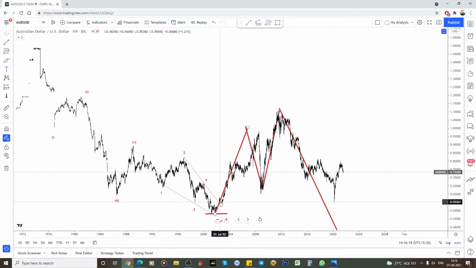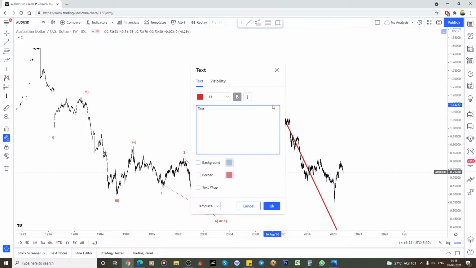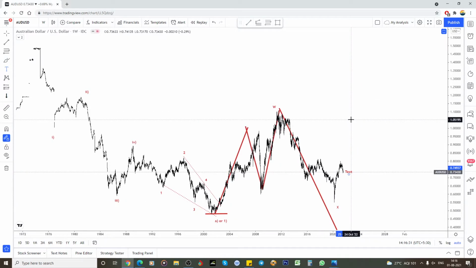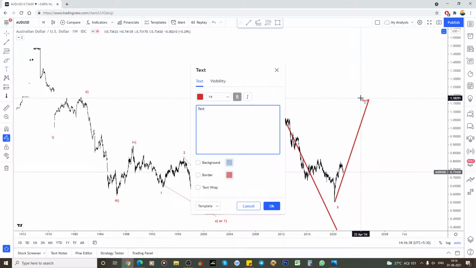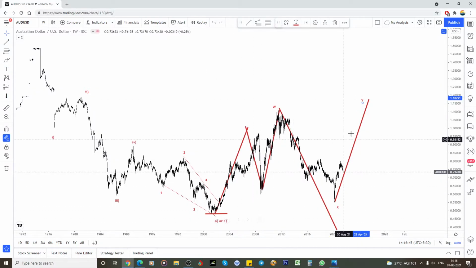But now, if it is an A, B, C, if it is a more complex correction, this could become a W, and this could be an X, and one more high is also possible. What it means that one more high is possible is that it is a Y wave. So roughly we are doing Y, right? Yes, this is the Y. So this is the B or 2 for the complex correction. So this will become an X as a connecting wave, and one more A, B, C has to be done.